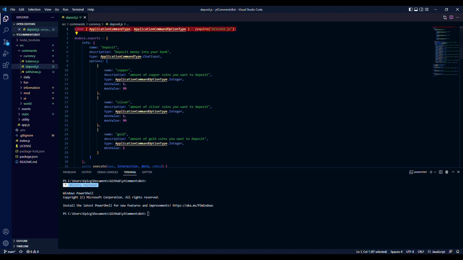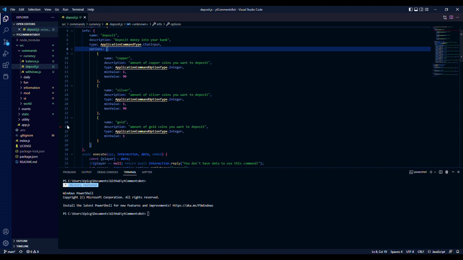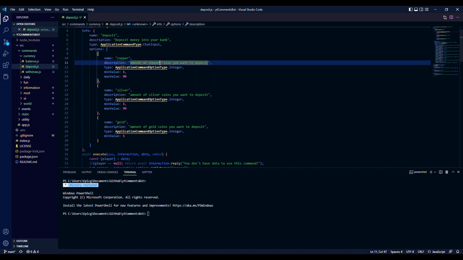So get this, application command type, application option type. Then you know what you have to do here: the name, the description, the type, and for options, open up with square brackets. The first option, we're going to name it copper. Put the description, which is the copper coins you want to deposit. The type, which we're setting to an integer. Make sure it's option type, and a min value of 1, since depositing 0 coins wouldn't